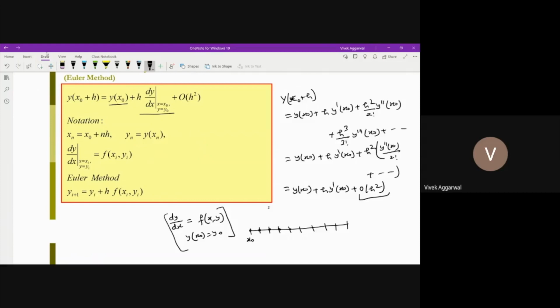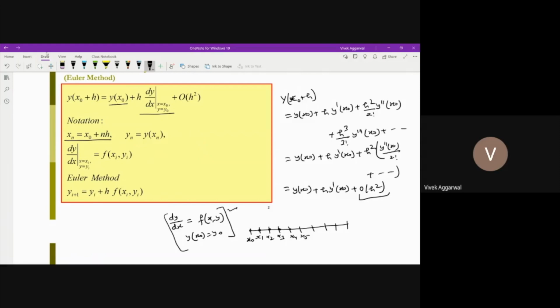So in this case, we are getting the value of xn as x naught plus nh. If n is 1, we'll get x naught plus h, that is x1. Then it is x2, x3, x4, x5, like this. So in a sequence, we are able to find the solution of this first order ODE with the help of